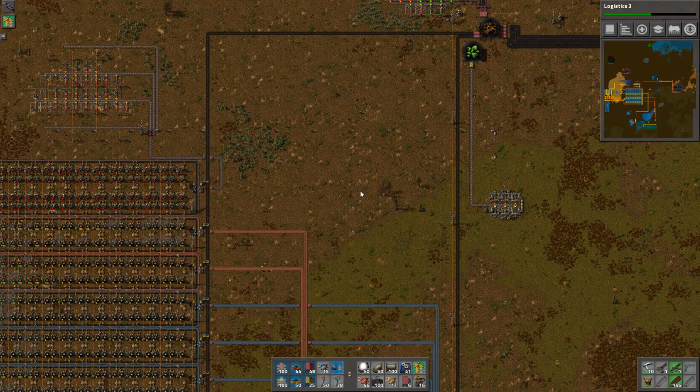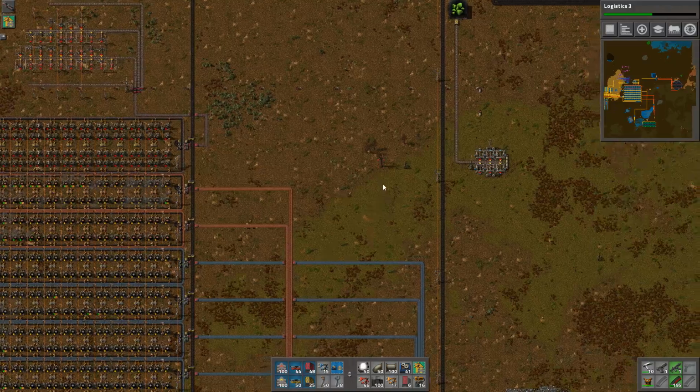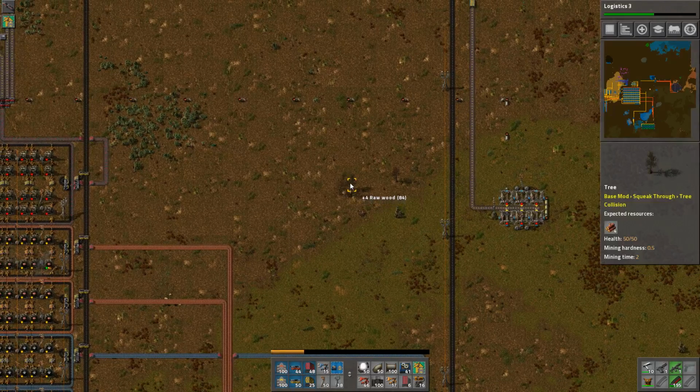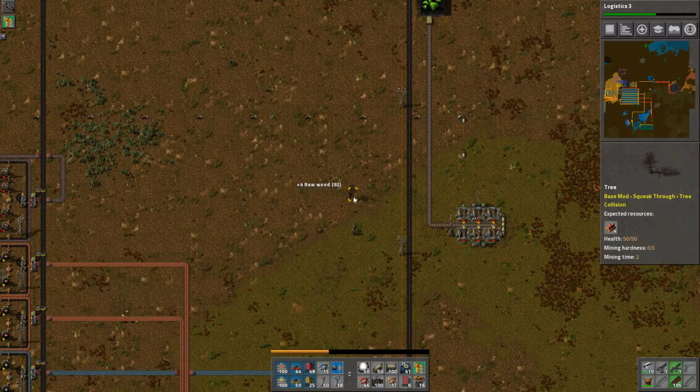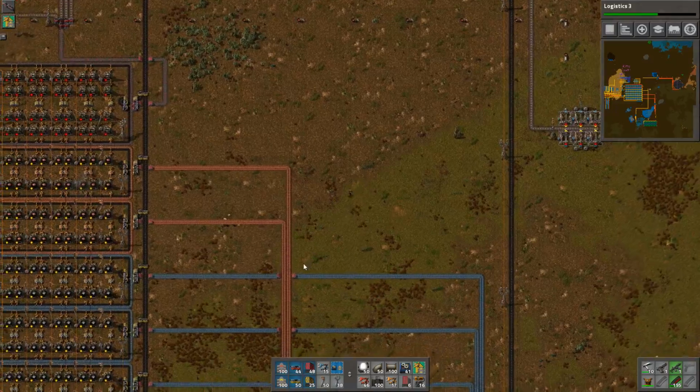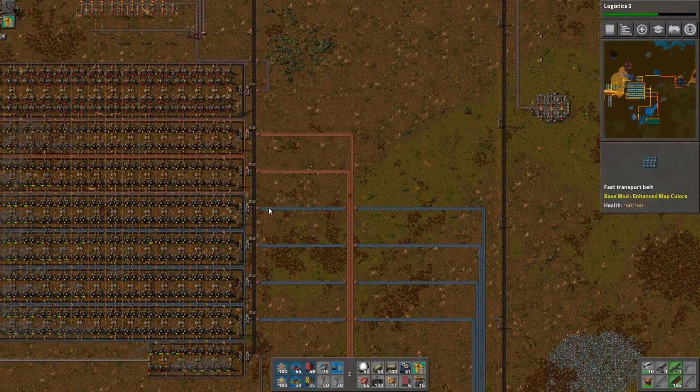So I think today we're going to start working on a rail station incoming system. Actually, should I get the outposts first? I guess it would make sense to have outposts first, wouldn't it? That's a possibility. I think what we're going to do absolutely first, though, is change the way that we're running